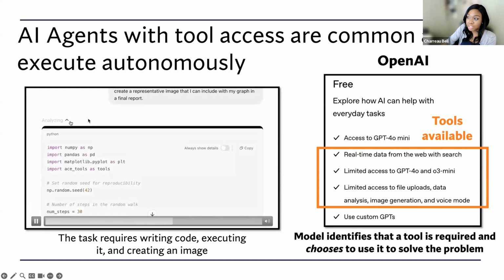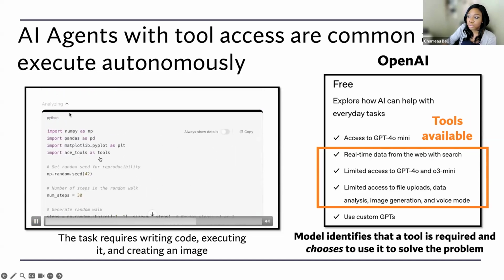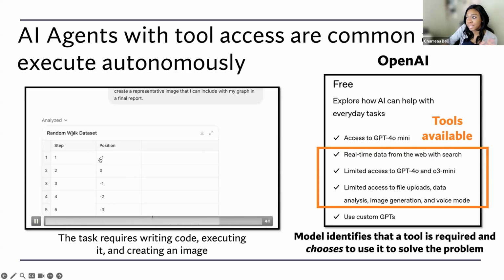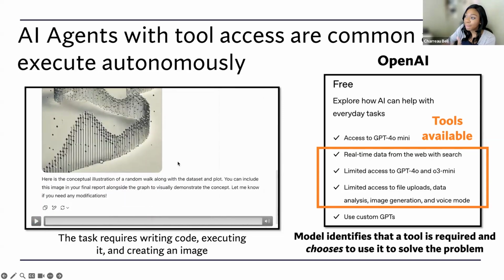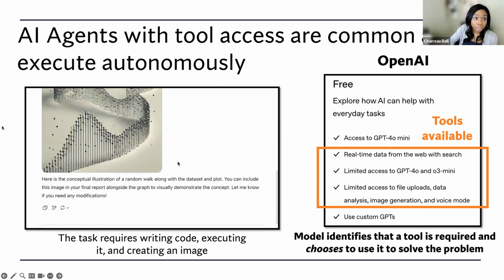So here, once you see this, this is the call for a tool, because it said to itself, all right, well, they want me to analyze this data set. So it looks like I need to do some pandas, matplotlib, and I can write code to do that. After it achieved that, it said to itself, okay, anthropomorphizing. But the next step that it found it needed to execute is to call another tool, which would be something like DALL-E, or maybe its internal capacity to generate images, depending on the model that it is. And then it generated that image. And then it returned the final result, which is all of those things. So we have the report with the graph and with this image that we asked for.